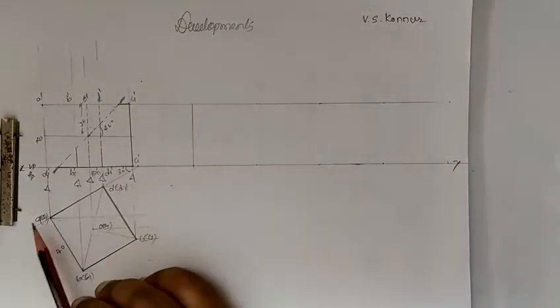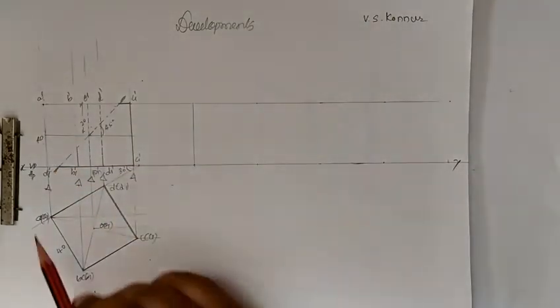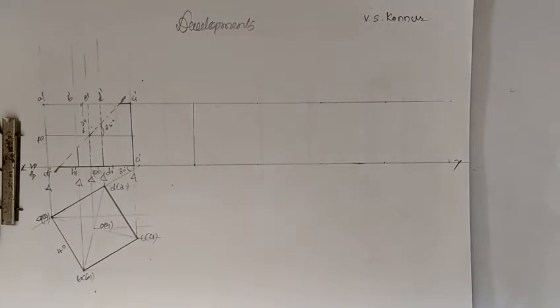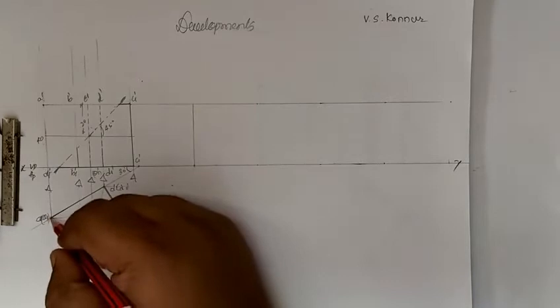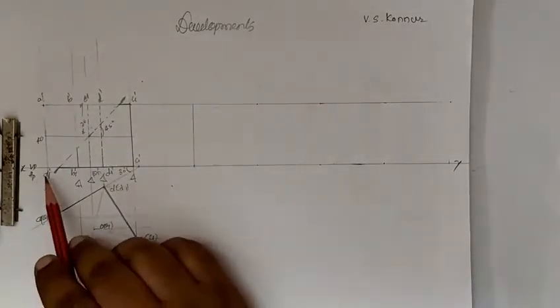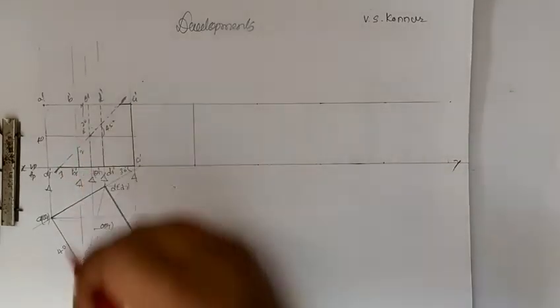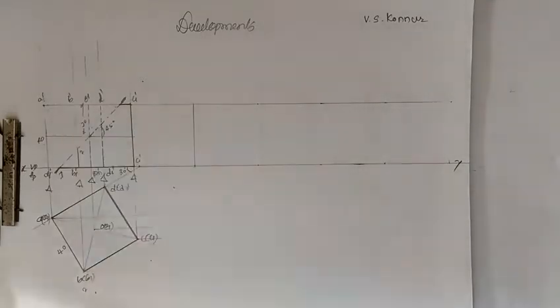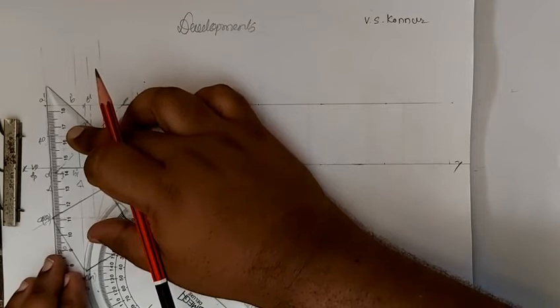Now we'll go for AA1. On AA1, right, this is called AA1. On AA1 there is no cut, there is no numbering. Next, go for A1 to A or A to B, A to B or A1 to B1. A to B there is no cut, we'll go for A1 to B1, there is a cut, we'll number it as 1. And then we'll go for B1, there is a cut, right. From 1 we'll draw a line parallel to this, from 1 we'll draw a line.